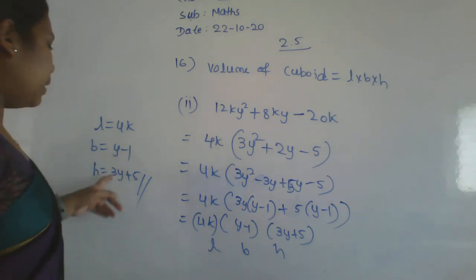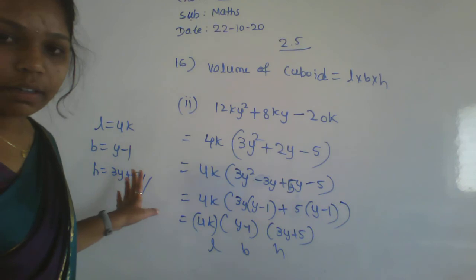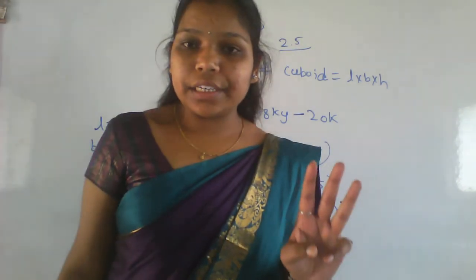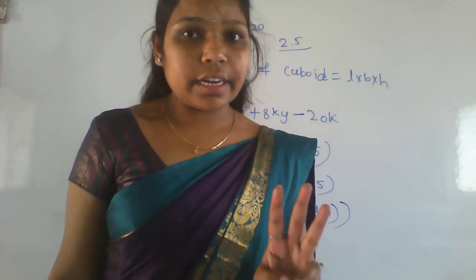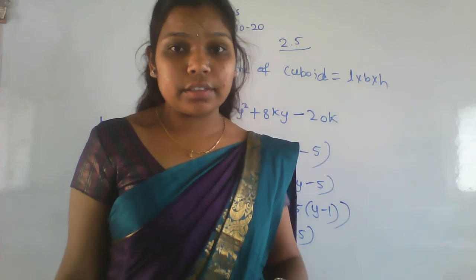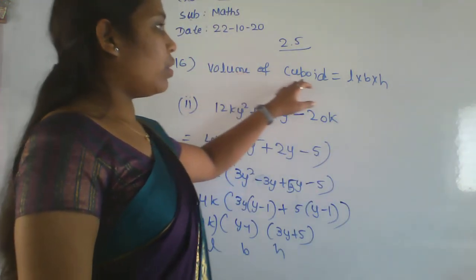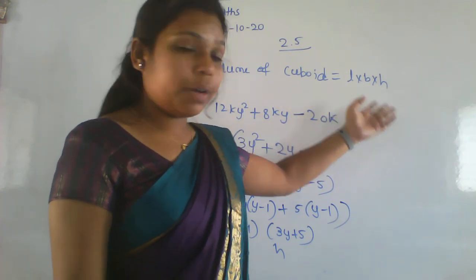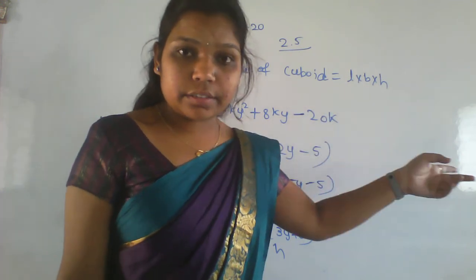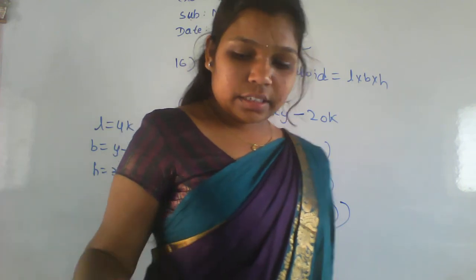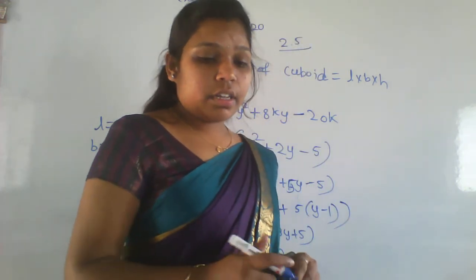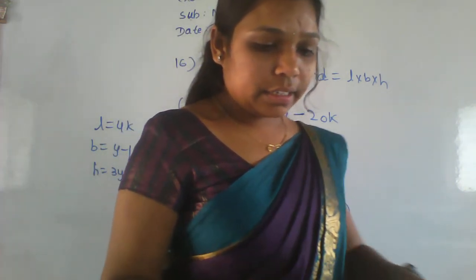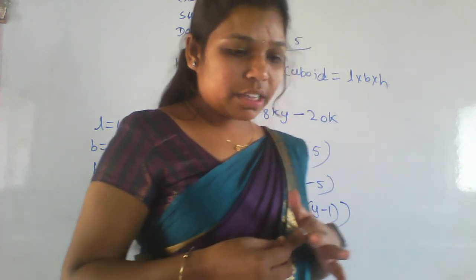And the length, breadth and height we found here. So you have to convert the volume into a product of three terms, and you will get the length, breadth and height. That is the volume formula. The volume of a cuboid is nothing but L into B into H, that is length into breadth into height. So we completed the second chapter. In it they gave a summary.